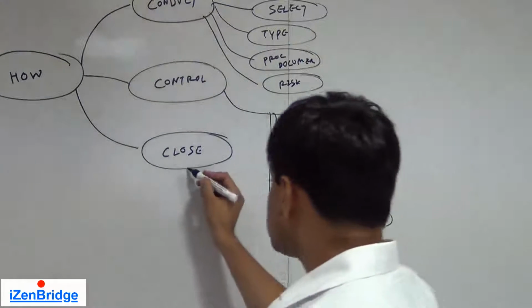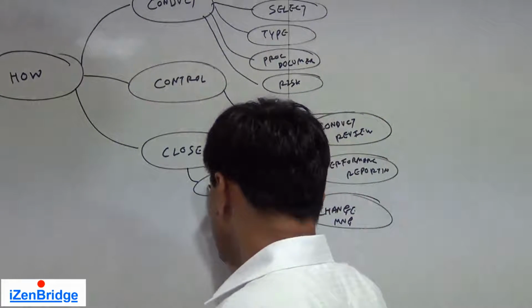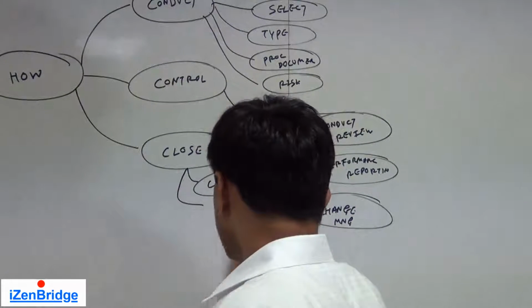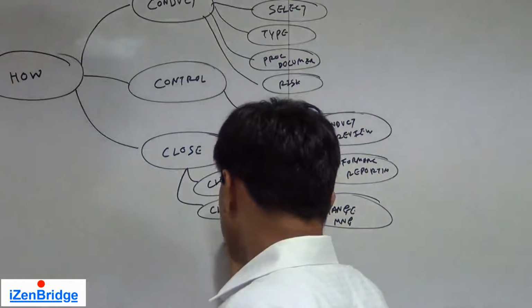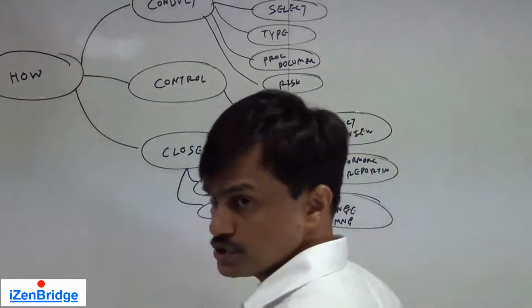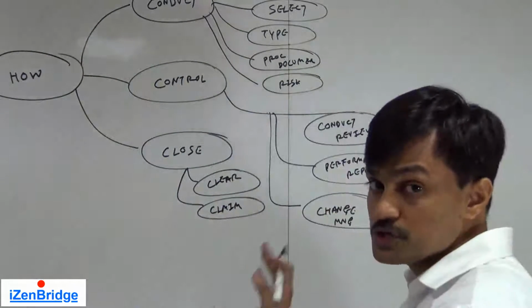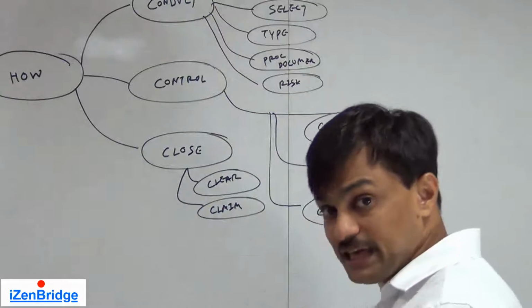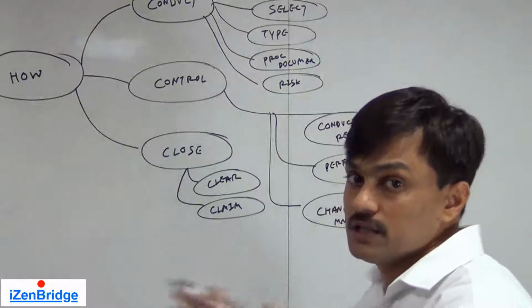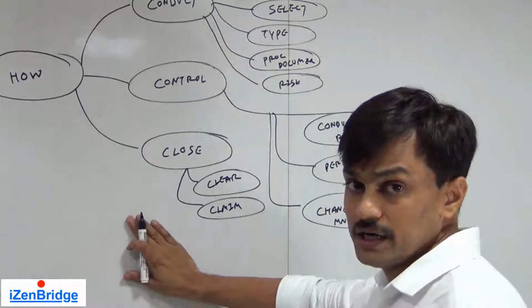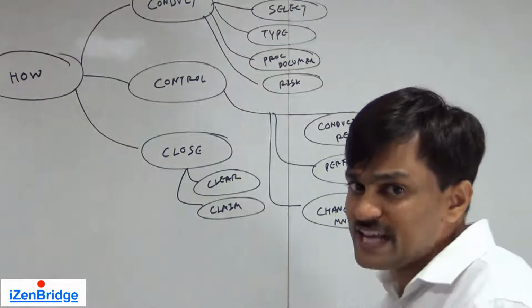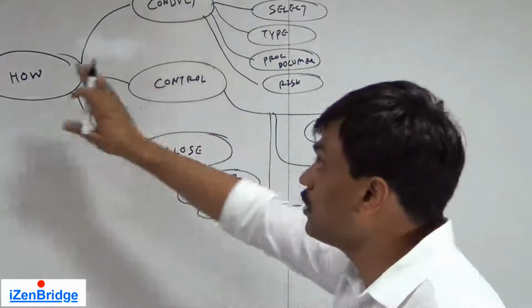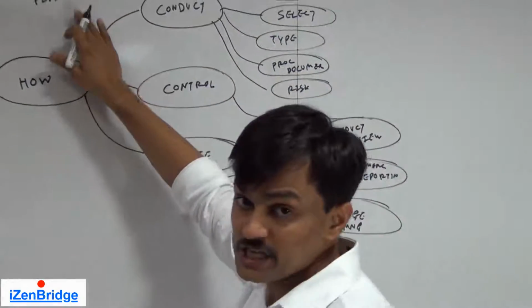Closing: some steps, what all should be cleared, what all claims and payments should be closed before we close it. So how should we close it? What all documents should be prepared? What kind of sign-off we should be taking or exchanging with our supplier should be documented here. How you are going to manage payments should also be explained in the control part of the project procurement management plan.